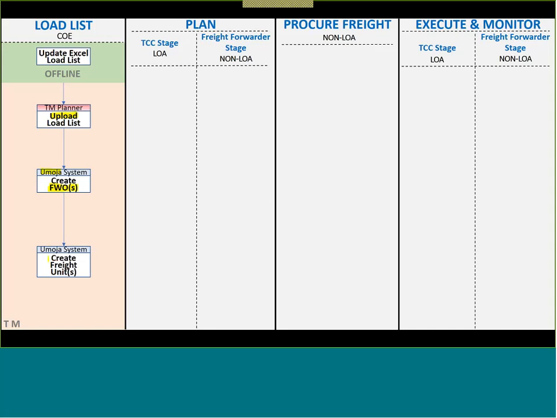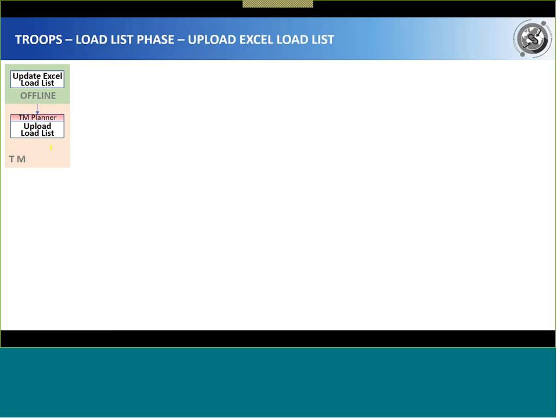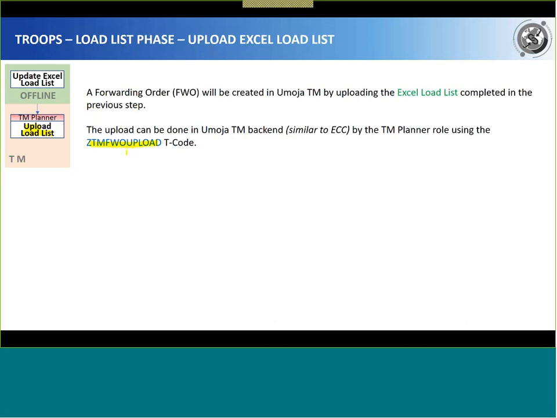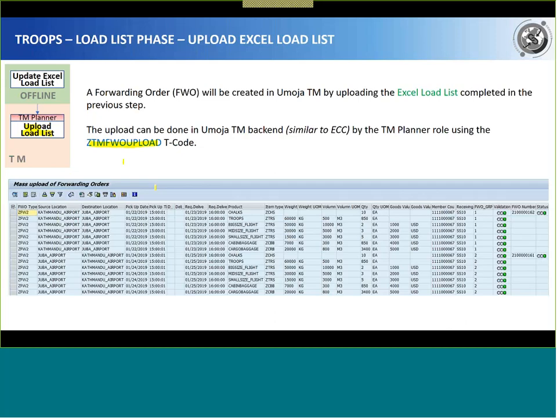And also, the system will automatically create the freight units so that we can plan the transportation and submit the events. Okay. So, the upload of the load list. With the current design, there is a specific T code to do the upload that will allow us to upload the Excel file into Umoja, and to create, in this example, we used the forwarding order group